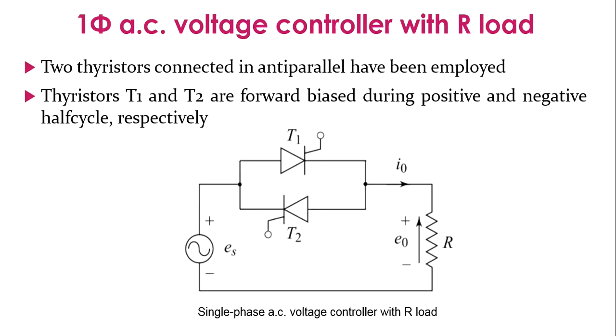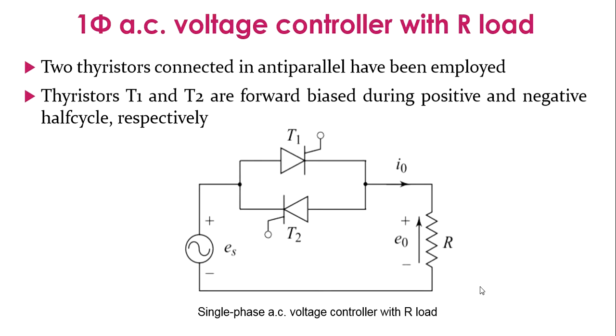As we have studied in the theory video, this single phase AC voltage controller consists of two thyristors connected in anti-parallel way, as shown here. This is T1, the first thyristor, and this is T2, the second thyristor. At the input side you can see an AC source, and at the load side you will get the AC output voltage. We have seen the waveforms as well at the time of theory.